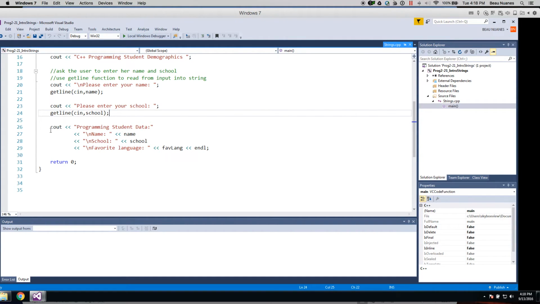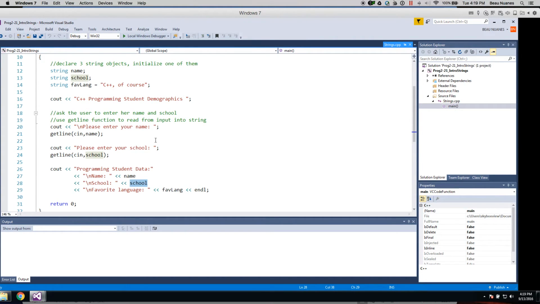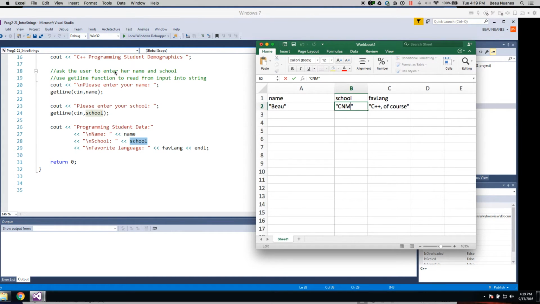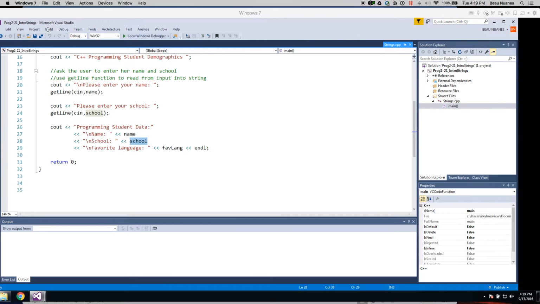Now we're just going to do a simple output that says cout programming student data, name, school, favorite language. This is just for output, right? So it's going to say Bo, CNM, and then C++, of course. So according to this, right? So if we build it,